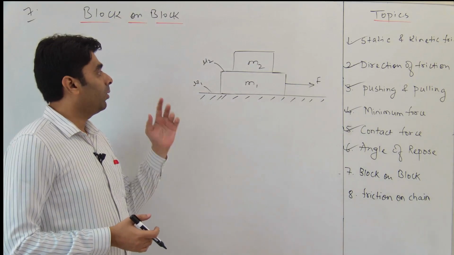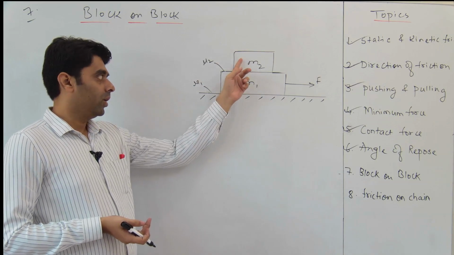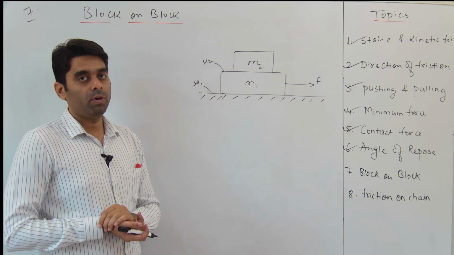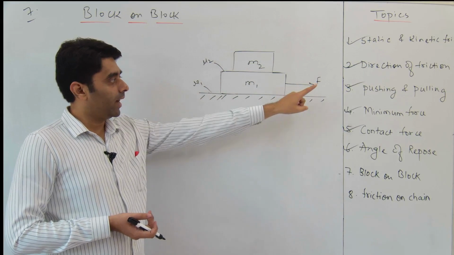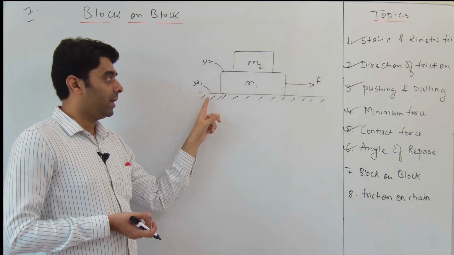Okay. So we have block on block. A situation we have taken, two blocks having mass m1 and m2 and friction coefficient mu1 and mu2, and a force F is acting on the lower block m1. Will the system of blocks move? It depends on the value of force F and the friction, that is your limiting friction applied by your ground